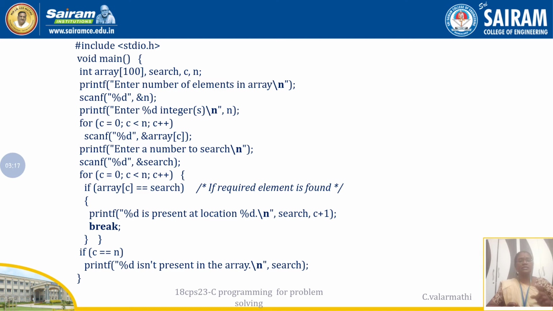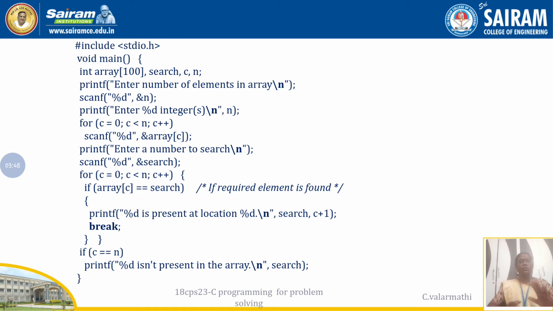So that is the third part. Using printf and scanf statements, I have got my searching element, the searching value, right? That also I got. The next step is searching. According to linear search, this will execute in a sequential way. By using a simple for loop, I have implemented this concept. I started my for loop with c equal to 0, c less than n, c plus plus, right?